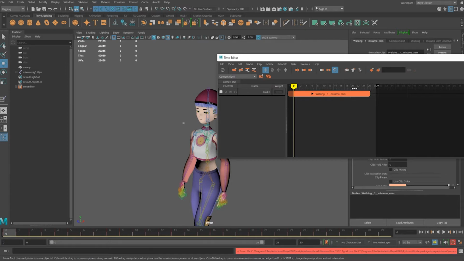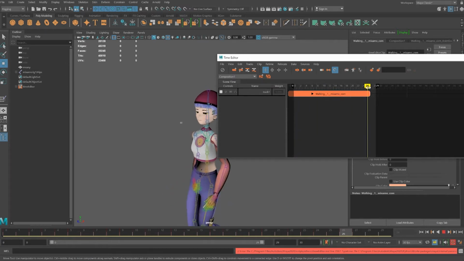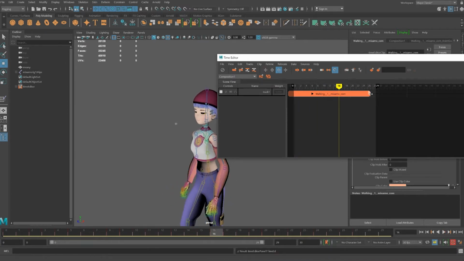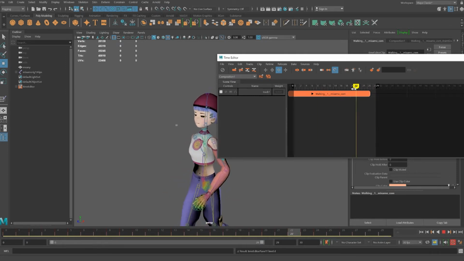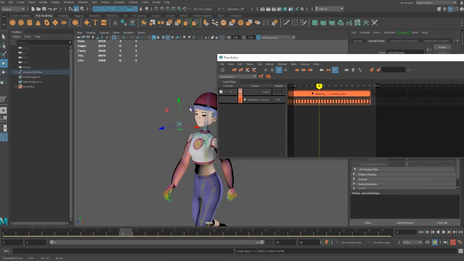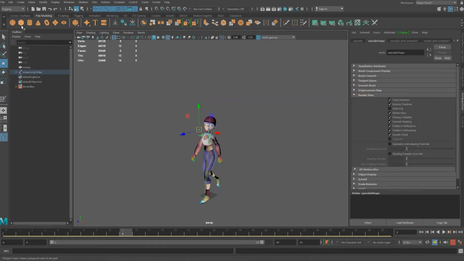Here's a simple walk. If we want the character to walk a little longer, we can use the loop right up here and loop that animation so it continues to walk, or shorten that back down to its original state. And now I could bake this to the scene to put the animation on the skeleton, or I can make a new object